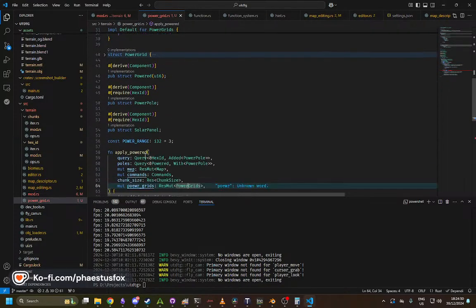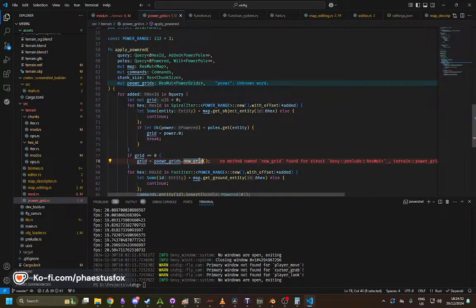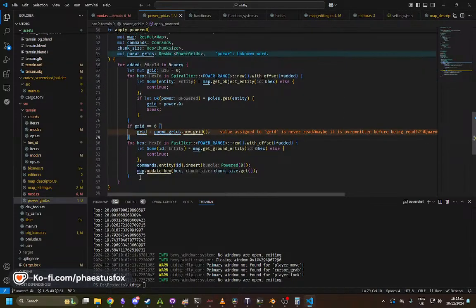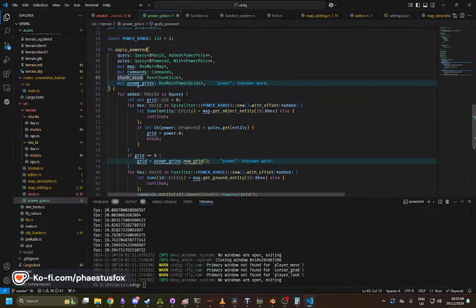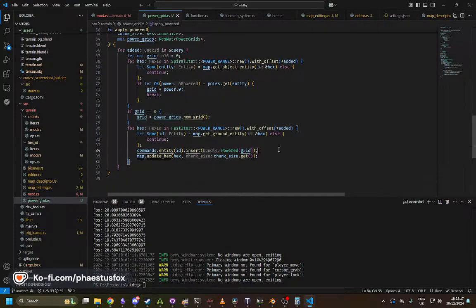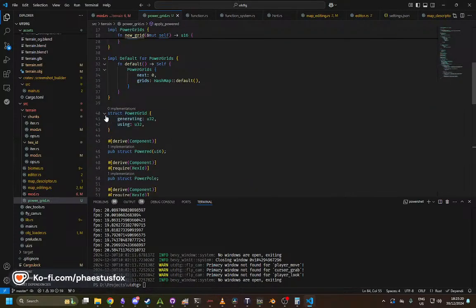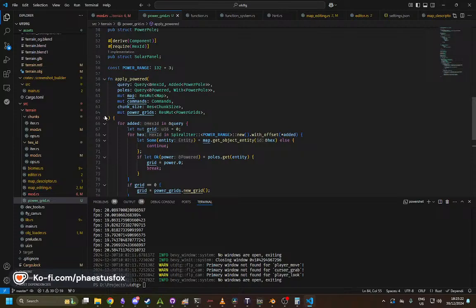Did I name it wrong? Grid. Thank you. All right, new grid. Grid equals this. Okay, and then you are powered by grid. This is also spelt wrong. Power. Okay, so cool. Now we need to